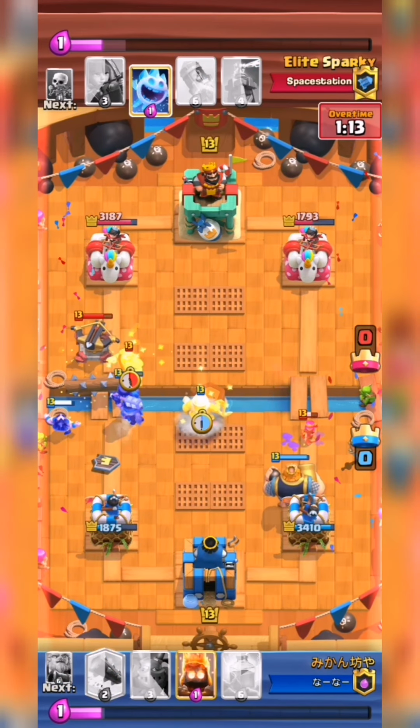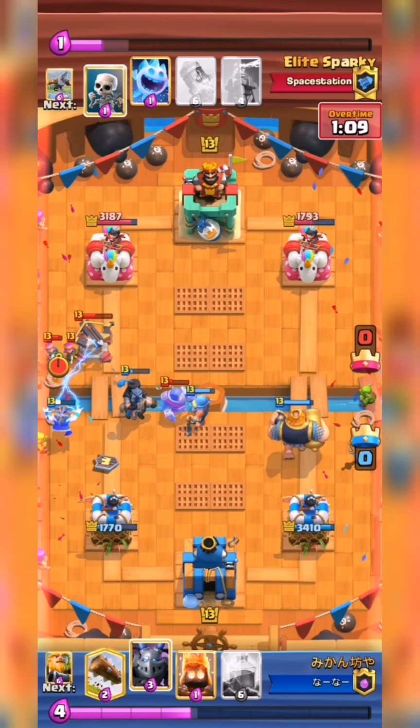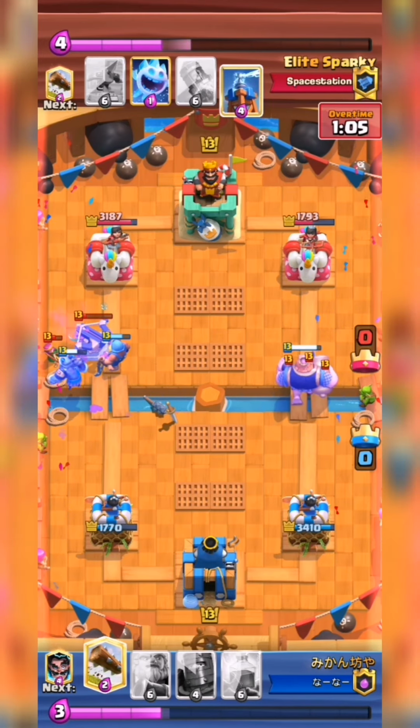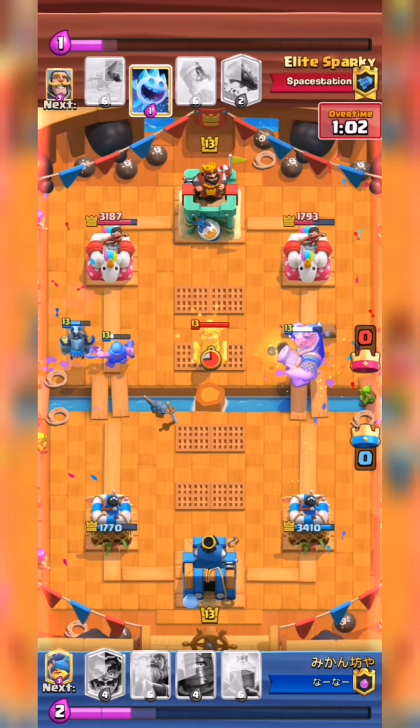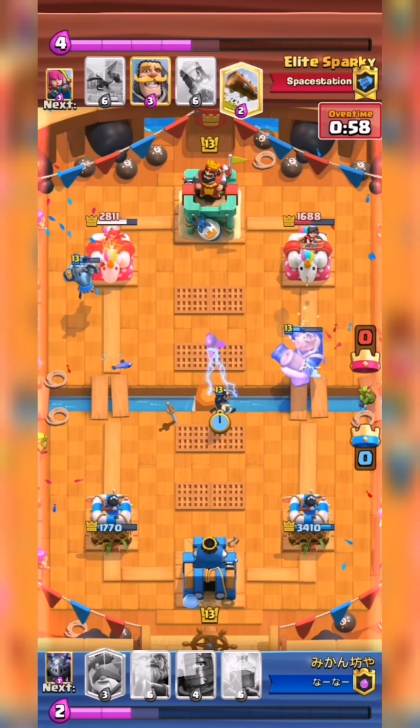So he's gonna play a Lock and then Knight. The opponent plays the Fisherman, which will pull away the Knight. And the archers will finish off the E-Wiz, but the Fisherman is still surviving, and he still has to deal with this RG. He's gonna do so with Tesla, but the opponent's back to another RG,